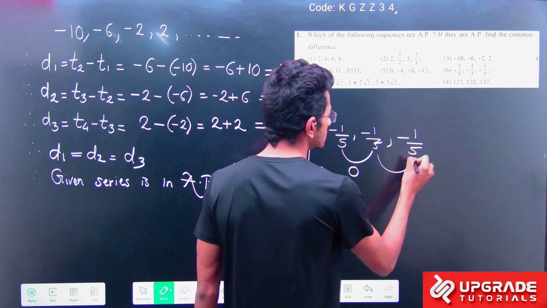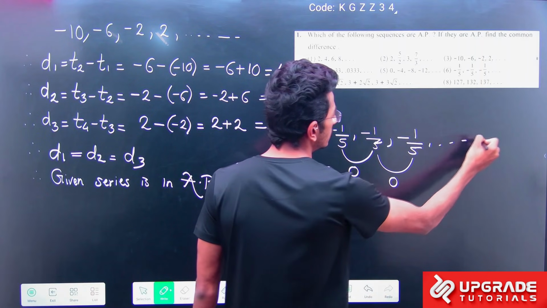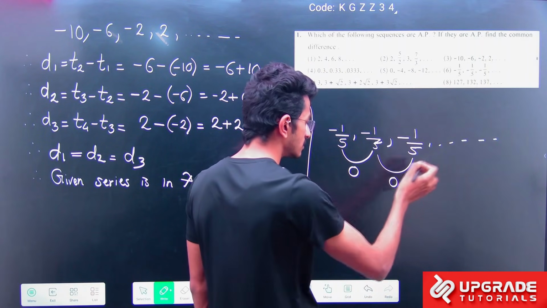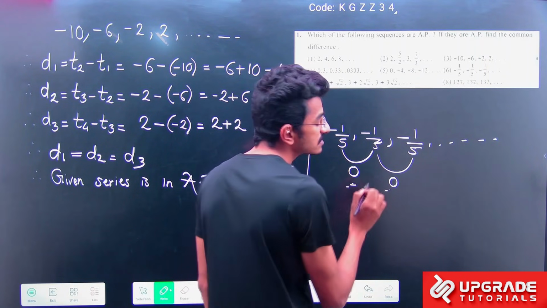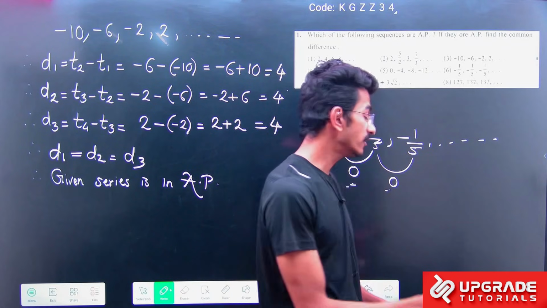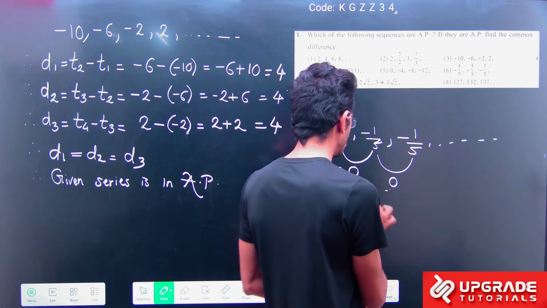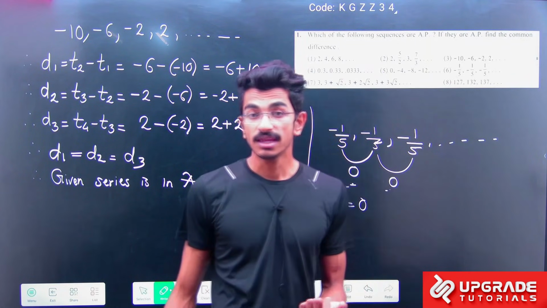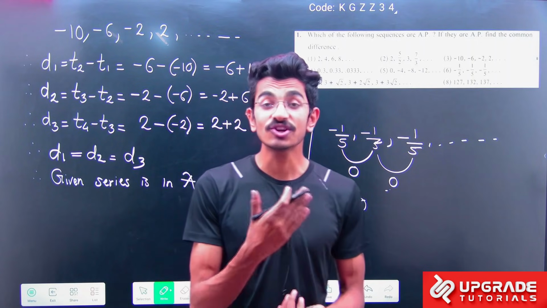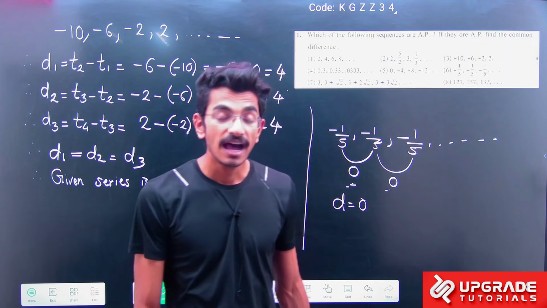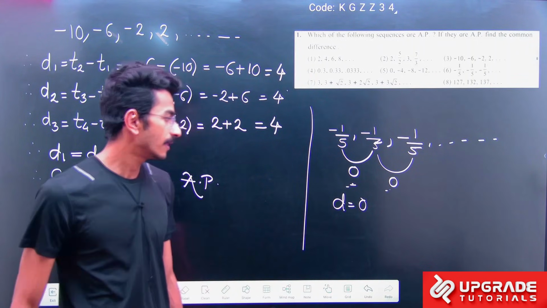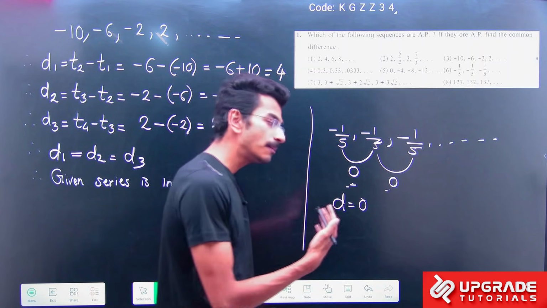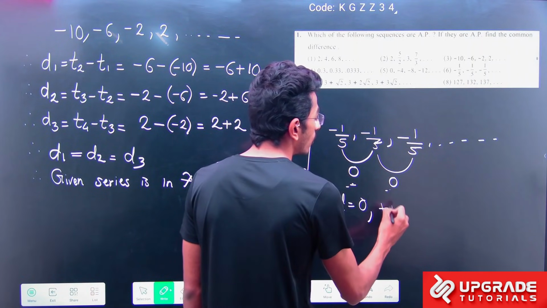Similarly, whatever the further numbers may be, both differences are 0. So the common difference will be 0. Can you tell me, is it in arithmetic progression or not? Answer is yes. The common difference can be 0, positive numbers,